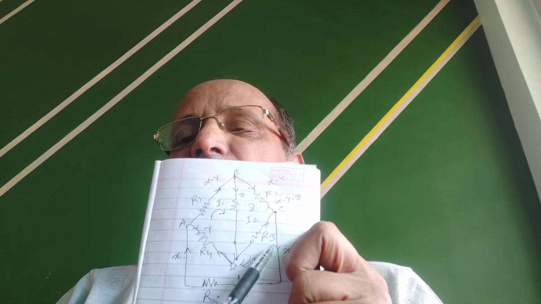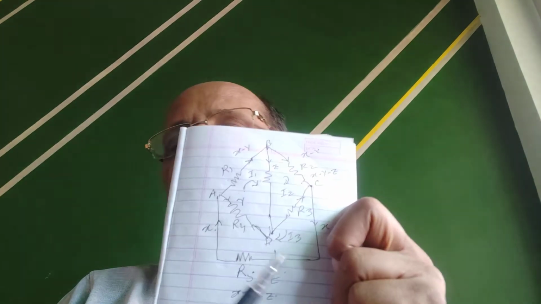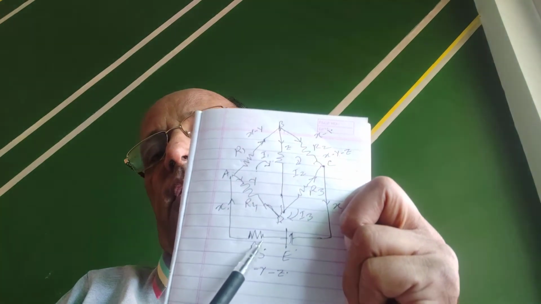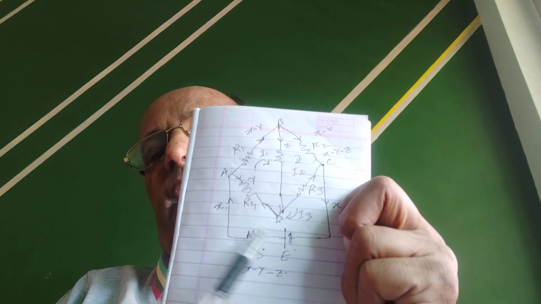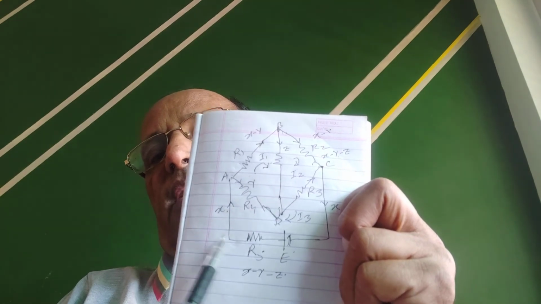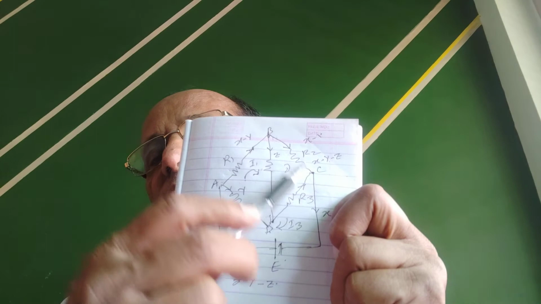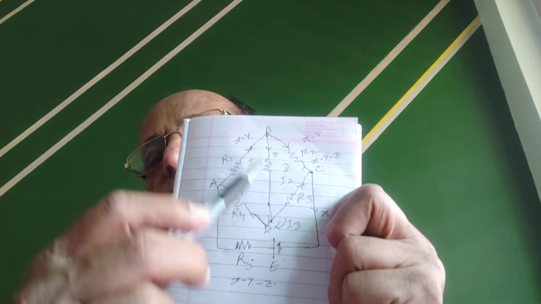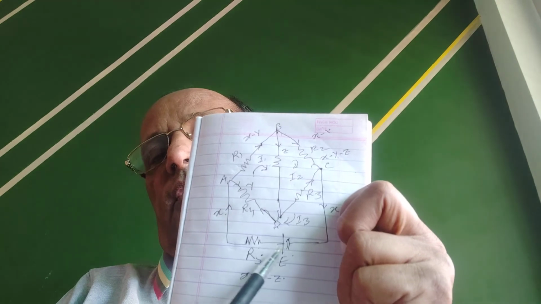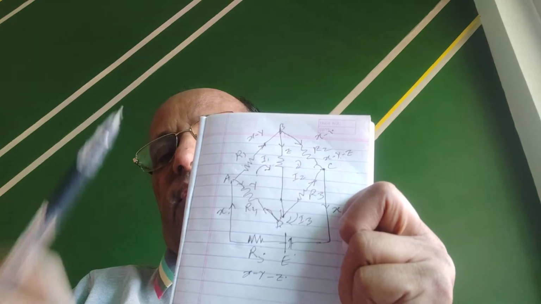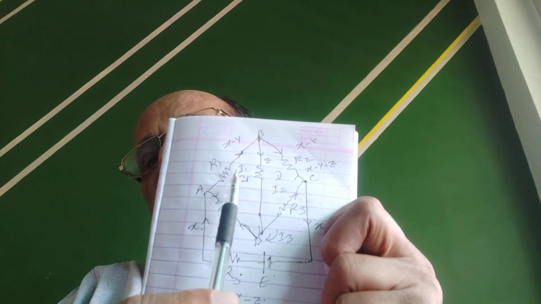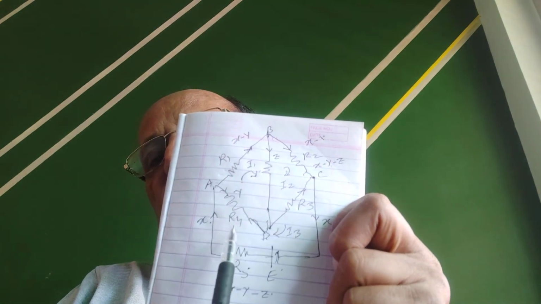So the XYZ method is simple, in which you just divide the current and show it according to Kirchhoff's current law. Ultimately, whatever current is radiated from battery E, the same current will come after moving through all these branches. It should come to this point again, X. So now you write the equation for this, equation for this, and equation for this.